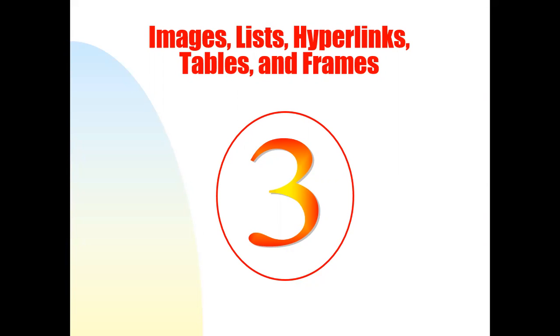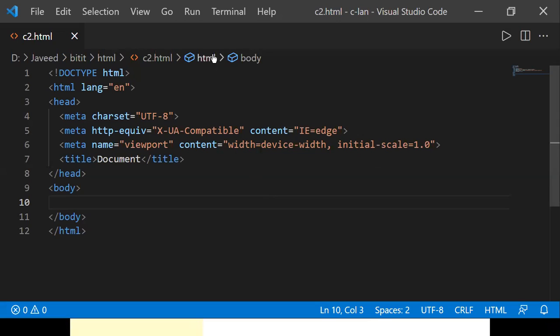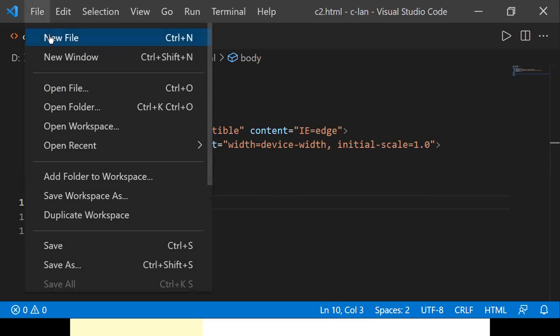Now we'll talk about the images part. How do I place images onto my web page? For placing images onto my web page, we are going to use a tag called the img tag. So how am I going to use the img tag? The syntax for the img tag is,